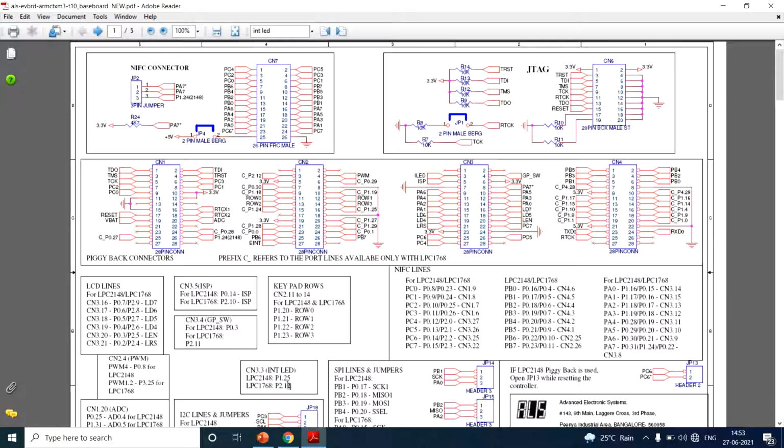That means 12th pin of the second port. Correct? Similarly, we can do this. So this diagram is to show the connections that have been done with the NIFC lines. NIFC lines are nothing but the output pins of the LPC